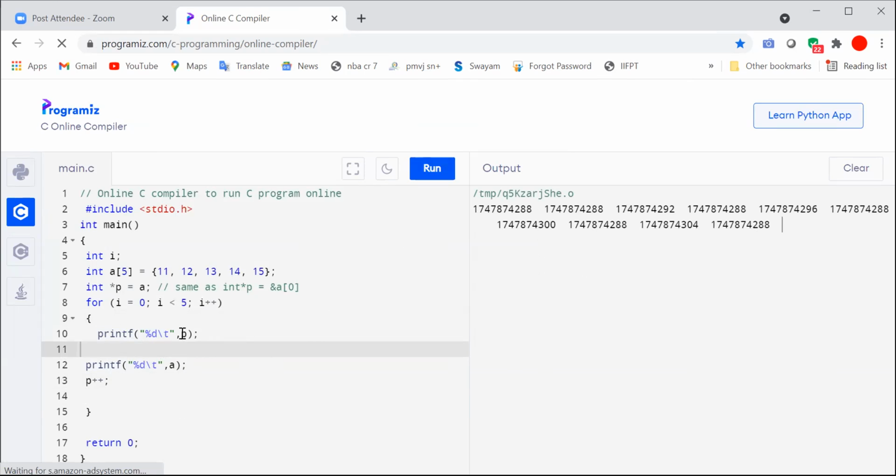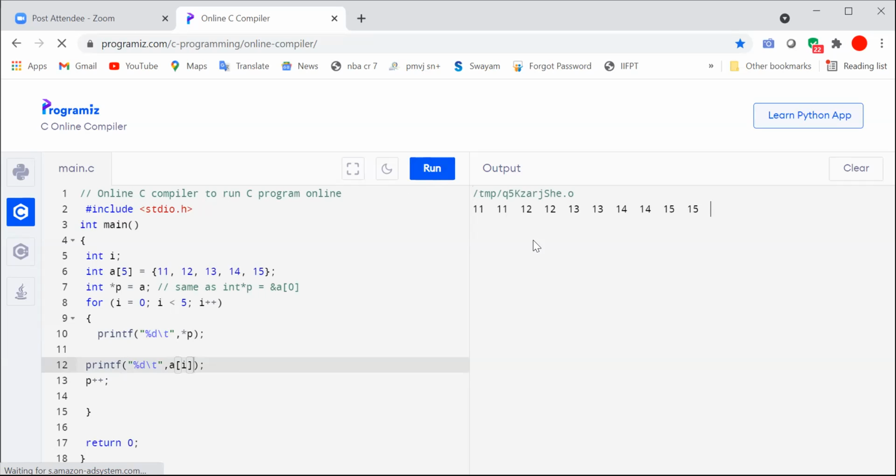If you say star P, it will show the content of P. And if you want to access, A of I and star P are both the same. Then it will display 11, 12, because we put both in the same loop now, so it's displaying continuously. First it displays star P, then it displays A of I.